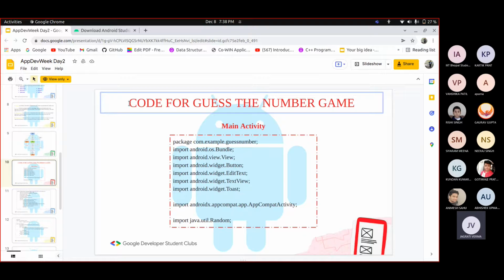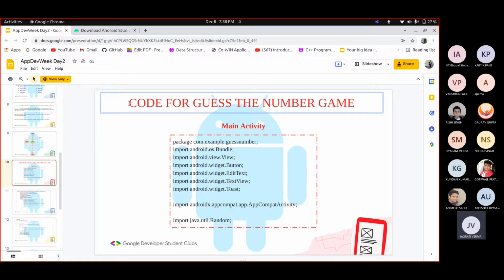If the number is correct, it will tell you that the number is correct. If the number is lower, it will show that the random number is greater than the number I have typed. Similarly, if the random number is smaller than the number I have typed.